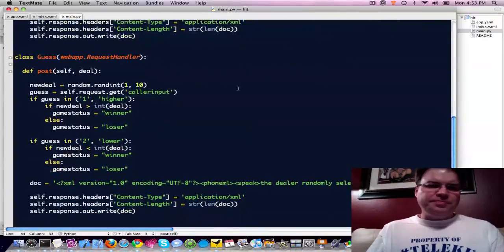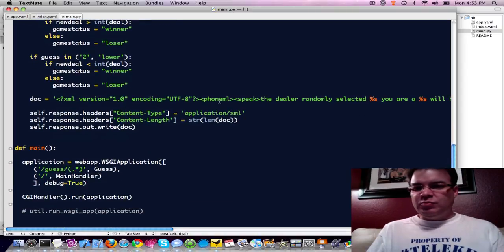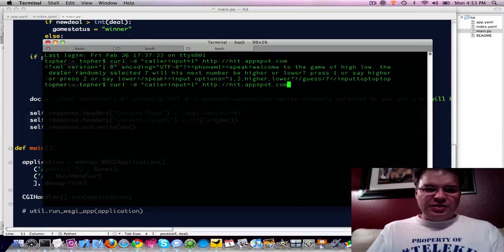But if we walk through here, it's the very same format as the Ruby application. We have guess, where we can also pass in the dealer number. We're going to pick a new card and evaluate whether, if they said one, or if they said higher or pressed 1, we just verify that the new dealer card is indeed higher than the dealer input from the last, and we state winner if it is, and drop out this XML and the app again. So let's go ahead and curl this with a guess